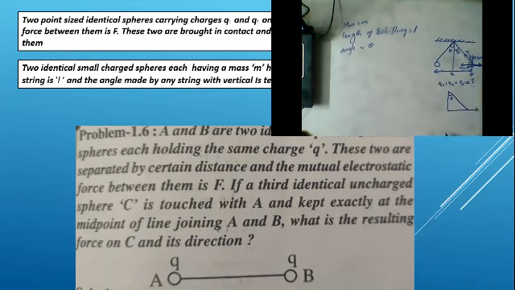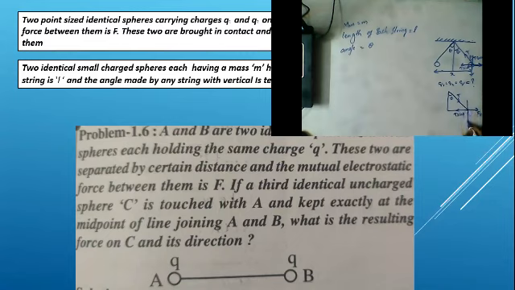For better understanding, once again I am explaining here, guys. Due to theta, tension is developed in the string. Now this sphere is moving away, and it is moving away due to the electric force. So Fe is this side. In order to counter this force, the tension will produce a component, and this is equal to T sin theta.